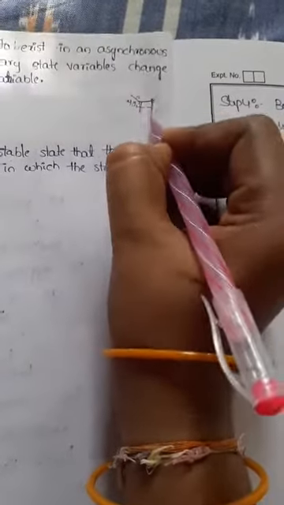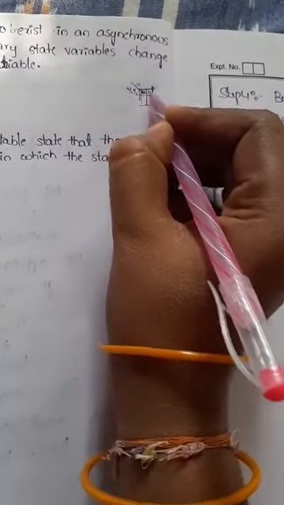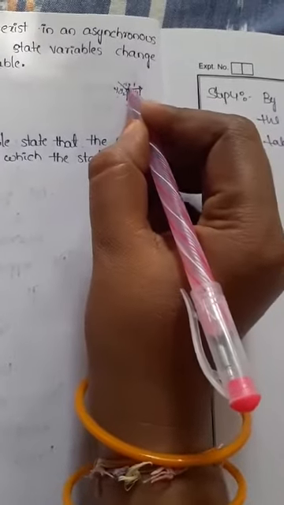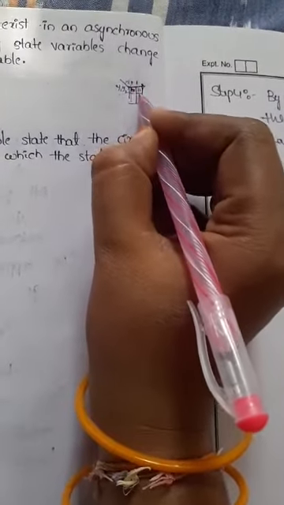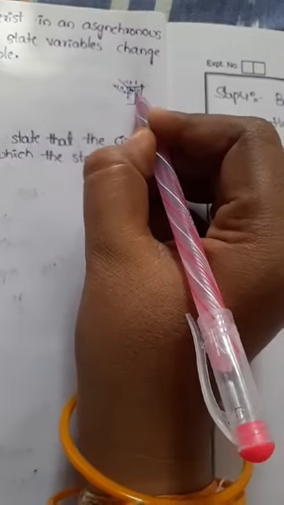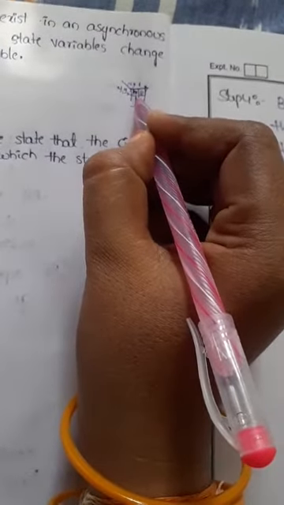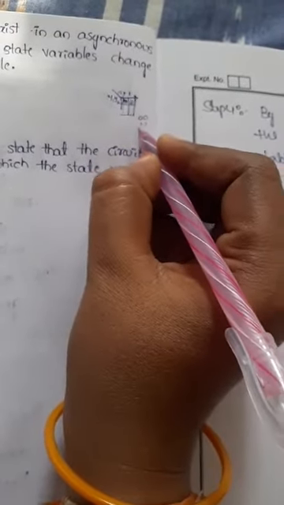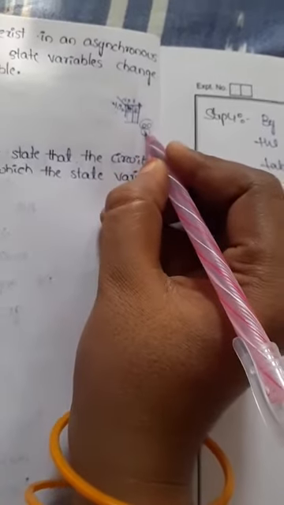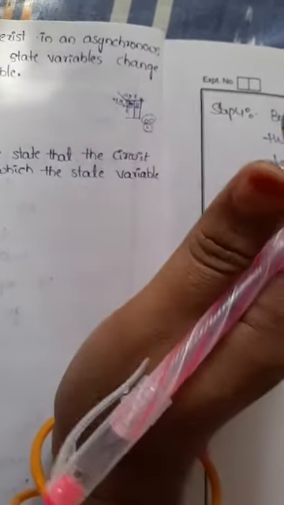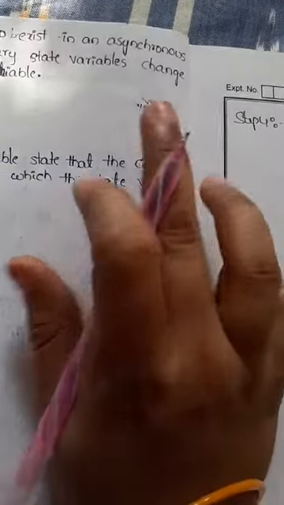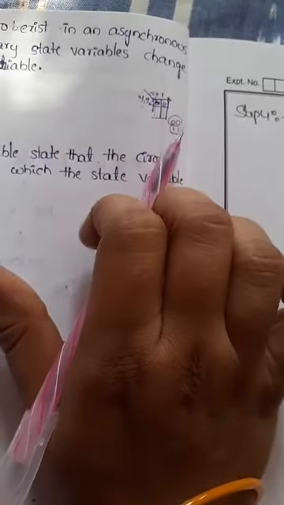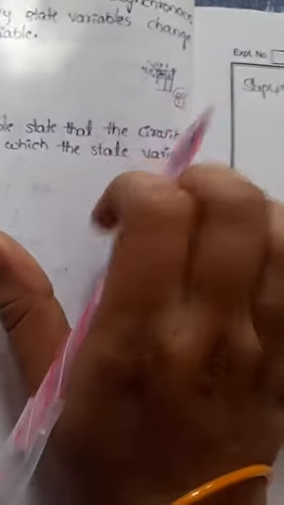For example, if the transition table is like this, here 0 0, here 1 1. Whenever the input changes from 0 to 1, in the adjacent cells more than one bit can change, so automatically we have a race condition. Just observe here 0 0 and 1 1: two bits change. So more than one bit changes between adjacent cells while the input changes from 0 to 1. If two bits can change at a time, compulsorily we have a race condition.